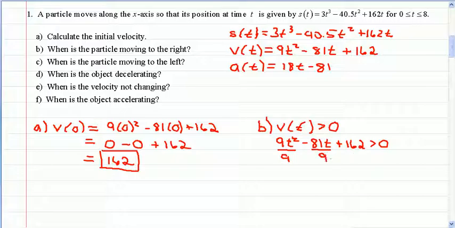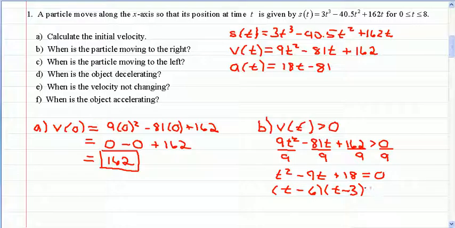And if I divide all of the terms by 9, I have t squared minus 9t plus 18, and I would change the inequality symbol to an equal sign so that I can factor. So at time t equals 6 and t equals 3,